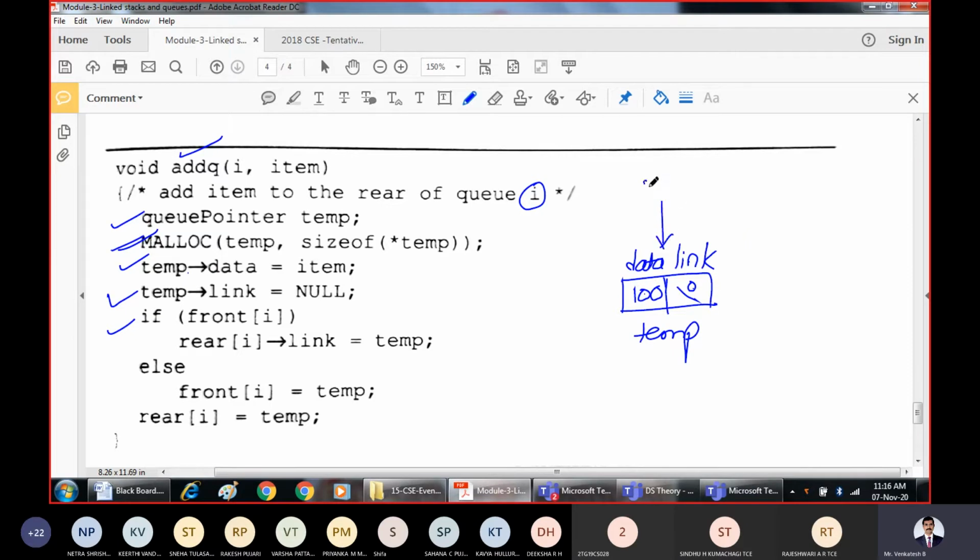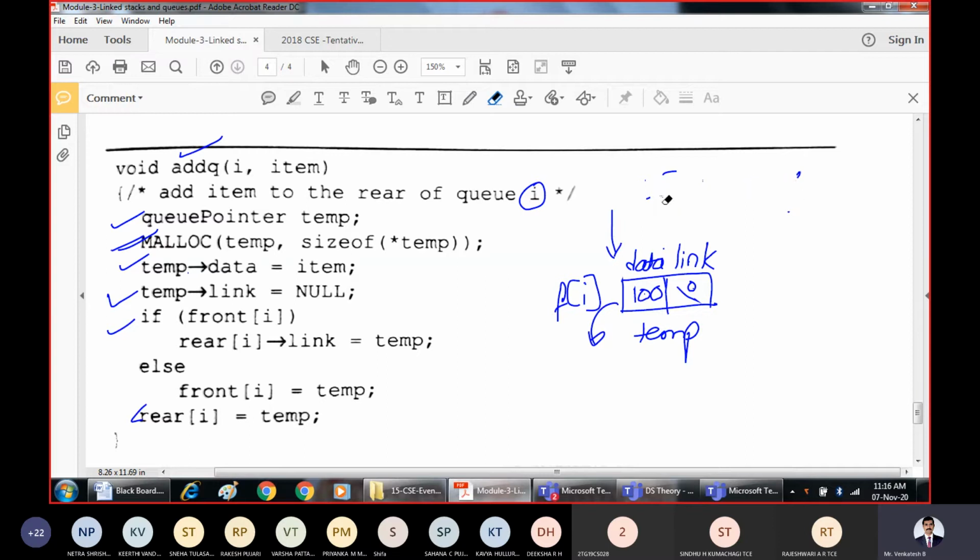Rear of I. Because if this itself is the first node, then this itself will become the last node, because there are no nodes. Else, front of I equal to item. Then simply assign rear of I equal to temp.